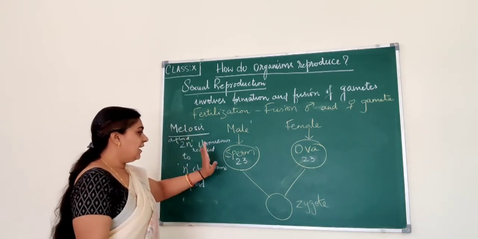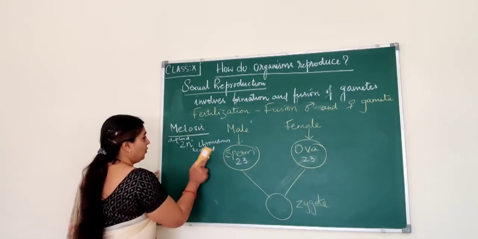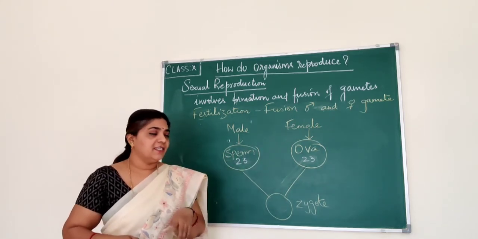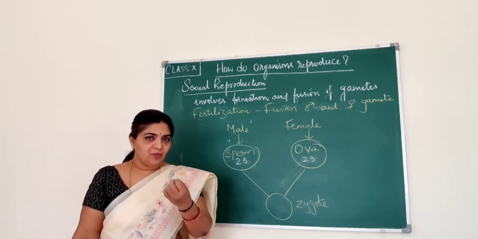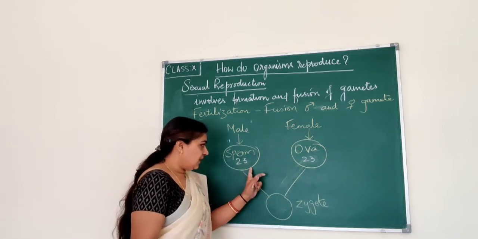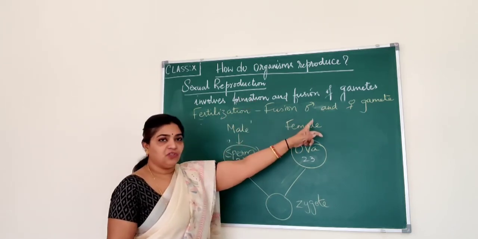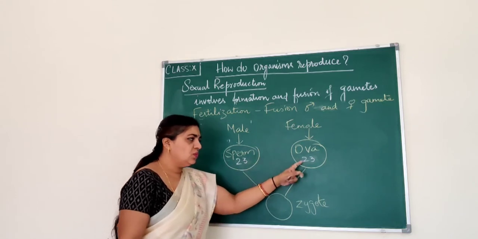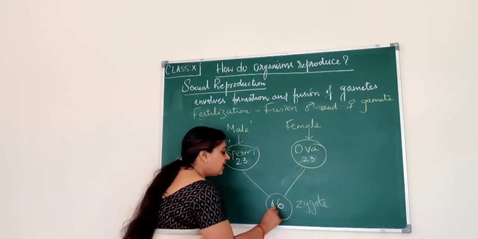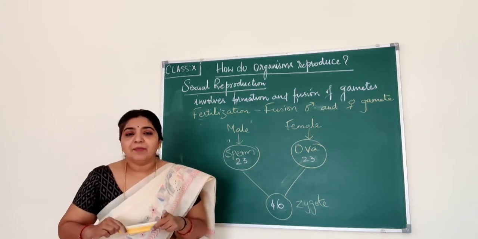See now, meiosis has reduced the double set of chromosomes to a single set of chromosomes, and the gametes will always carry only a single set of chromosomes. If 46 chromosomes are there in all our body cells, the gametes will contain only a single set of chromosomes. The reason is that these cells will fuse. Formation and fusion of gametes takes place. So these two germ cells will fuse, and the resulting zygote will have 46 chromosomes. All this takes place in our body when the gametes are formed.